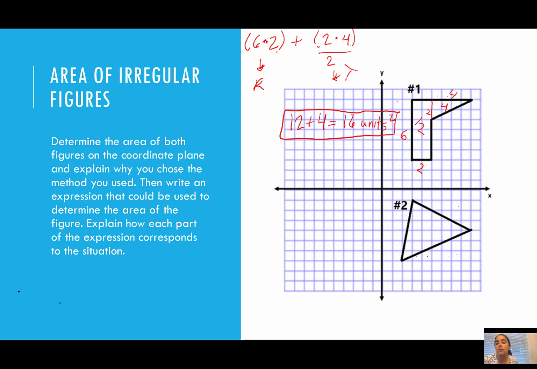Now, the second one is more challenging. Why? We can't just split it as easily into rectangles and triangles. We could. There is a way to do it. You could make rectangles that you see in little triangles and add them up. But I wanted to show you another strategy, which is enclosing this